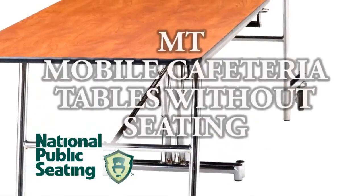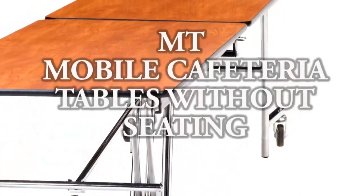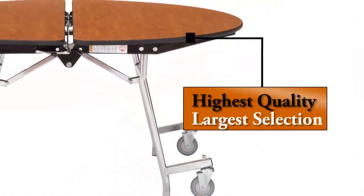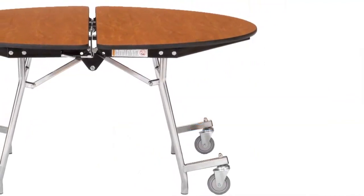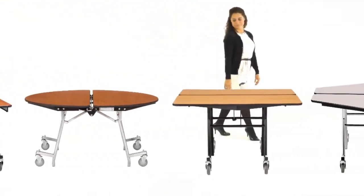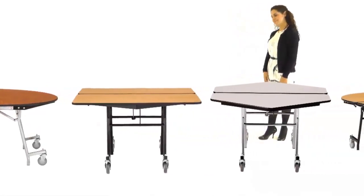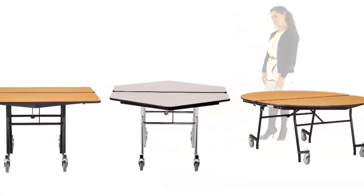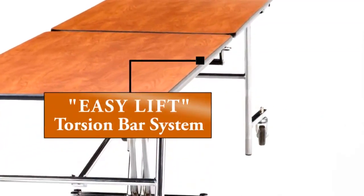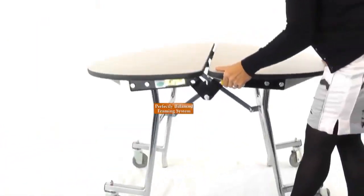The NPS Series MT mobile cafeteria tables without seating encompass the industry's highest quality and largest selection of cafeteria tables without seating. Available in your choice of rectangular, round, square, hexagon, octagon, and oval shapes in a variety of sizes and height options, the rectangular units feature our easy lift torsion bar system, while other shapes operate on a perfectly